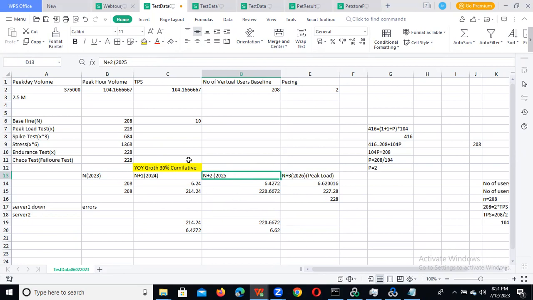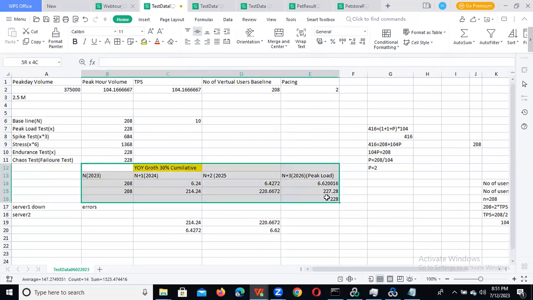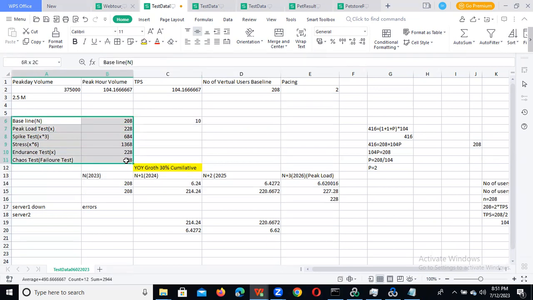So now I am giving 10 for the baseline. You need to prepare this sheet and just put it like this. And what is the load you got? Peak load test. Just execute from the peak load test, the way we executed it, right? Just execute, and we'll clearly